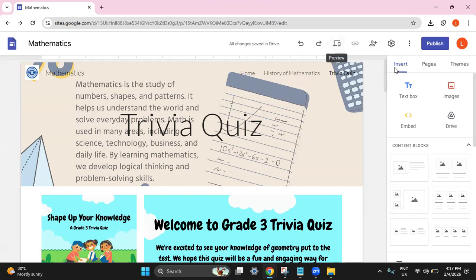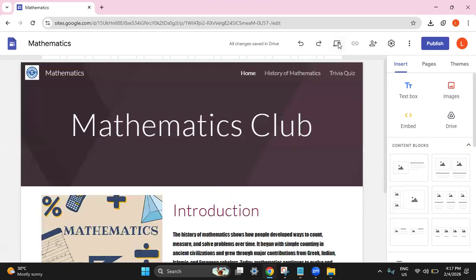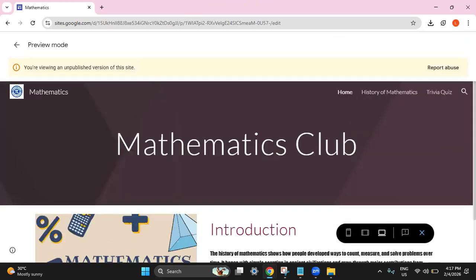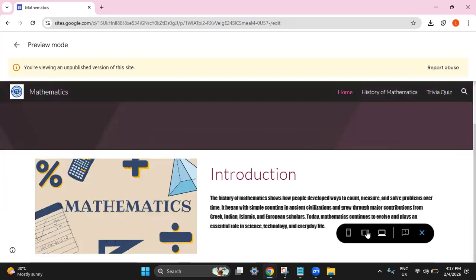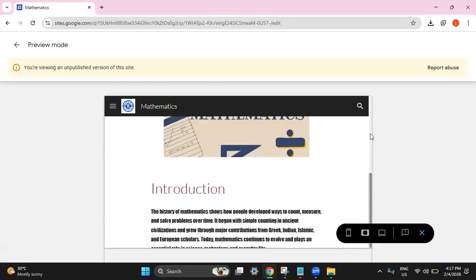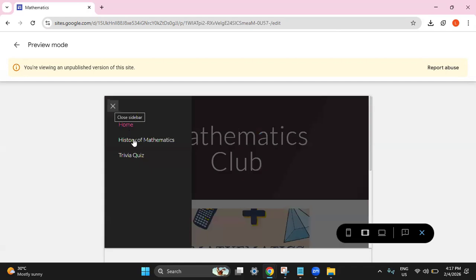Now let's check the preview to make sure that our Google site is presentable. This is how it looks when you are using a laptop or computer. This one is for a tablet. They can click history of mathematics.